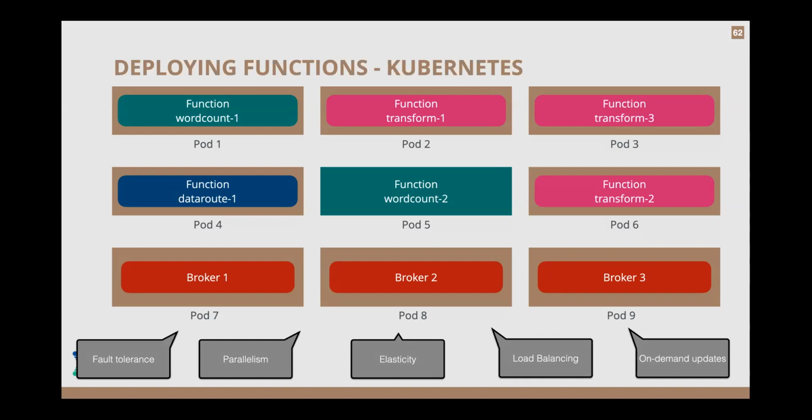Elasticity, so they can scale up and down. Load balancing, that gets distributed across the resource pool, across all your nodes evenly. And you have on-demand updates. If you update the Docker image that is hosting that particular function, then when you restart it, it will pull up the new image, and you automatically get the runtime and an updated version without any sort of downtime on the pod itself.